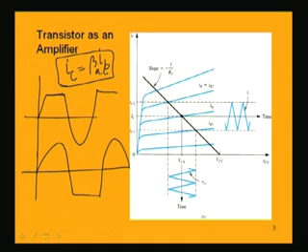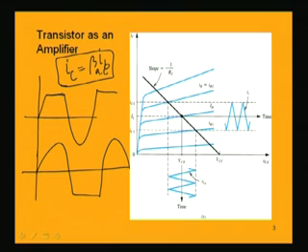So, for all valid reasons, we can assume that the AC value and the DC value of beta are almost equal. Now, if beta times IB is equal to IC, that means it is a linear relationship, and when the transistor is linear, one advantage of analyzing the transistor in the linear region is that we can separate out the DC